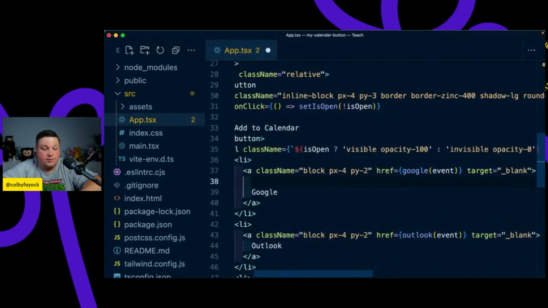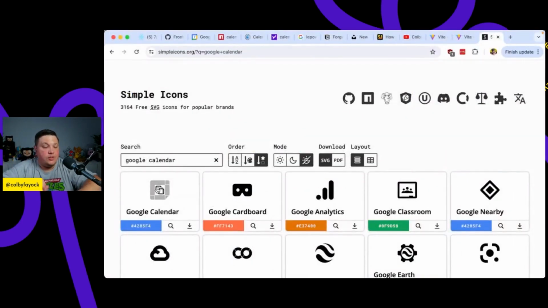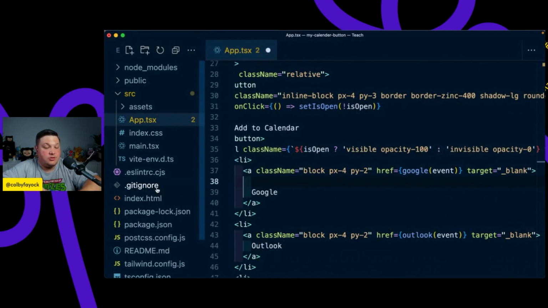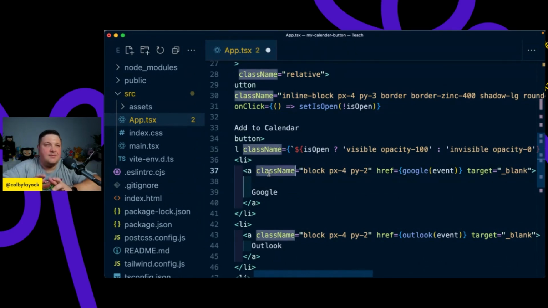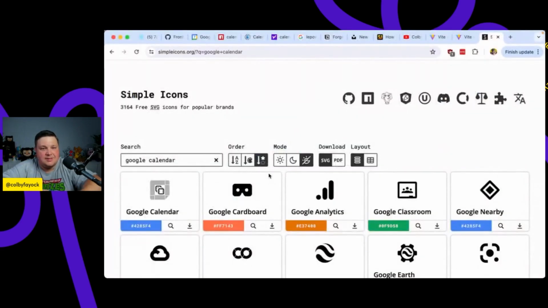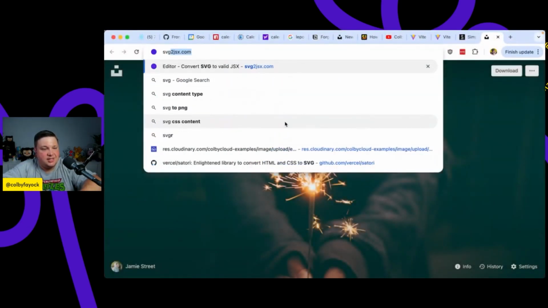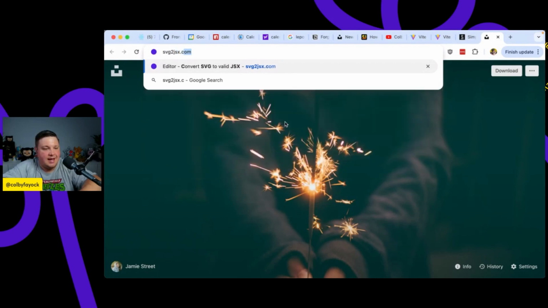Google, I'm going to actually, one thing that I forgot is when you copy this SVG, when you want to paste that into a React or a JSX document, the issue is that some of the properties might not be exactly what you need them to be. If you're familiar with class versus className, there's some of the other ones that are supposed to be hyphenated, but they need to be camel case, those kind of things. So what we can actually do, that's a nice, really simple trick, is go to this SVG to JSX.com website,